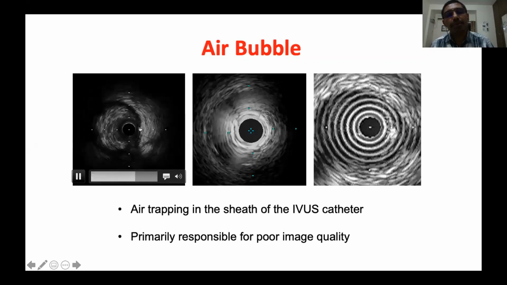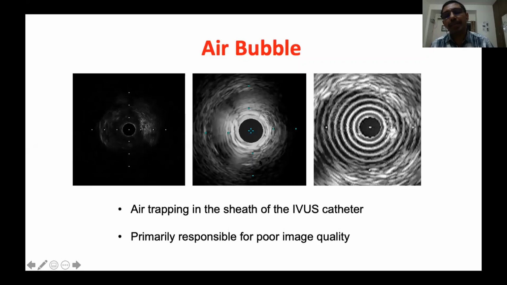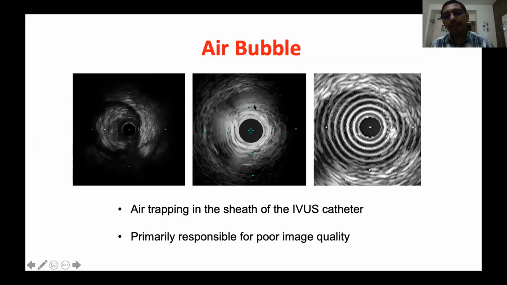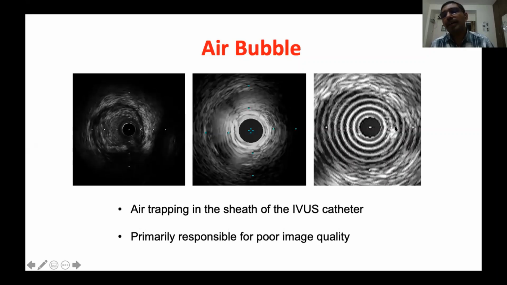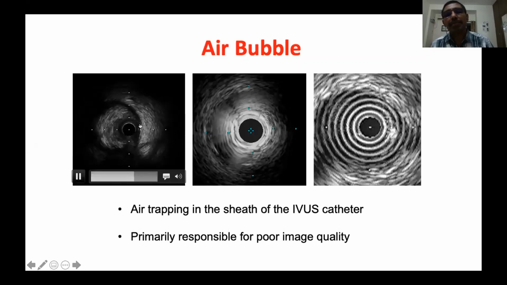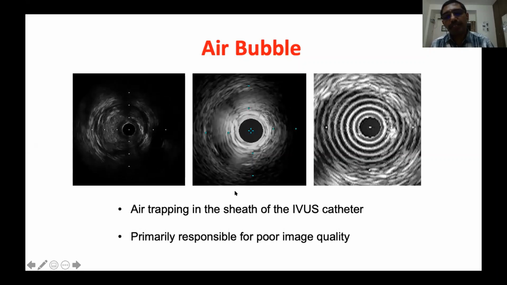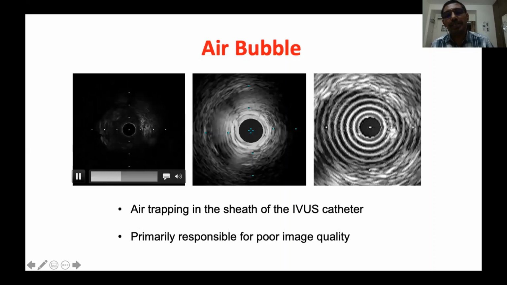You can just see the poor image quality. When you flush it, the image quality improves. You can get another abnormality like a diffuse bright appearance. You cannot identify anything. This can also be produced by the presence of air bubbles inside. And air bubbles can cause prominent reverberation artifacts also. So multiple artifacts can be caused by the presence of air bubbles. So you have to dedicatedly flush the catheter to remove all the air bubbles to avoid these types of